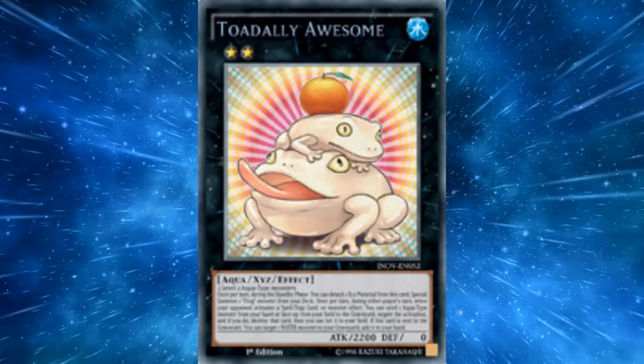Totally Awesome! It's Street Toad. They called him Totally Awesome because Konami's dumb when it comes to names. What do you want me to tell you? At the same time, this card is pretty much going to be somewhat meta-defining. It's kind of hard to say whether it's going to be meta or rogue, but either way, it's going to be part of the reason why